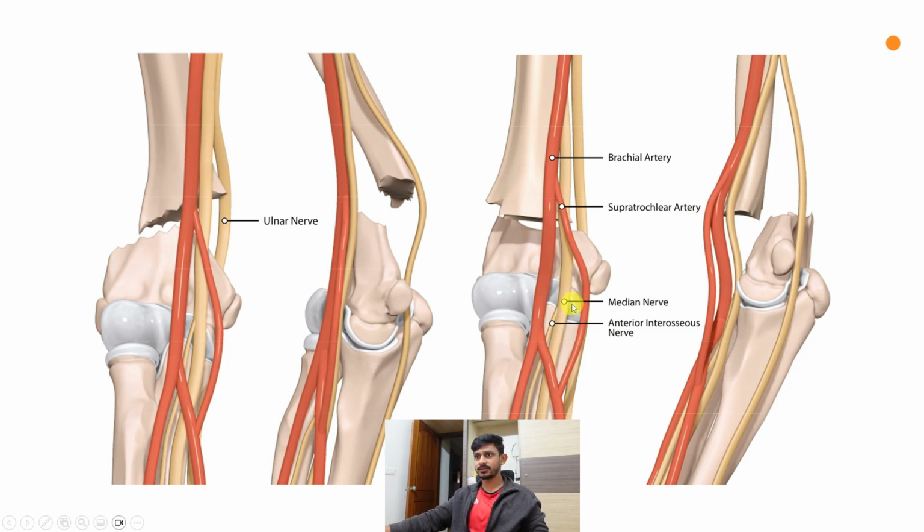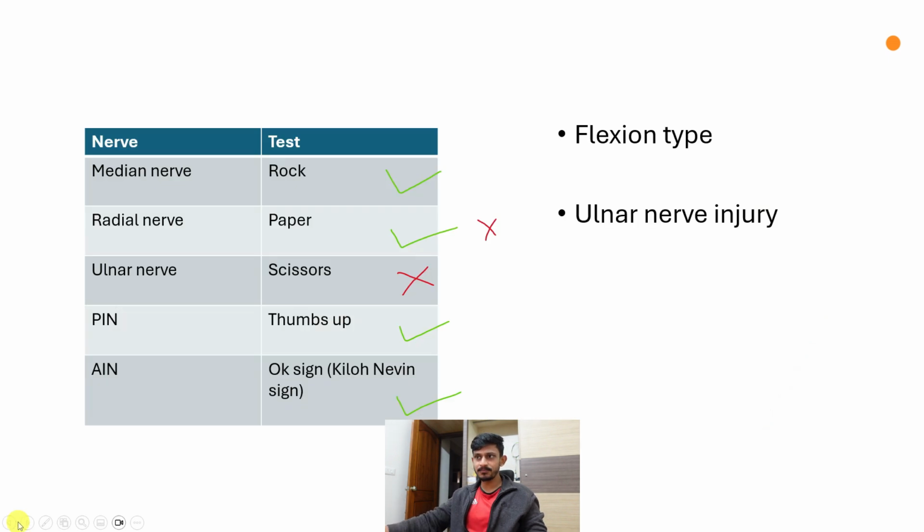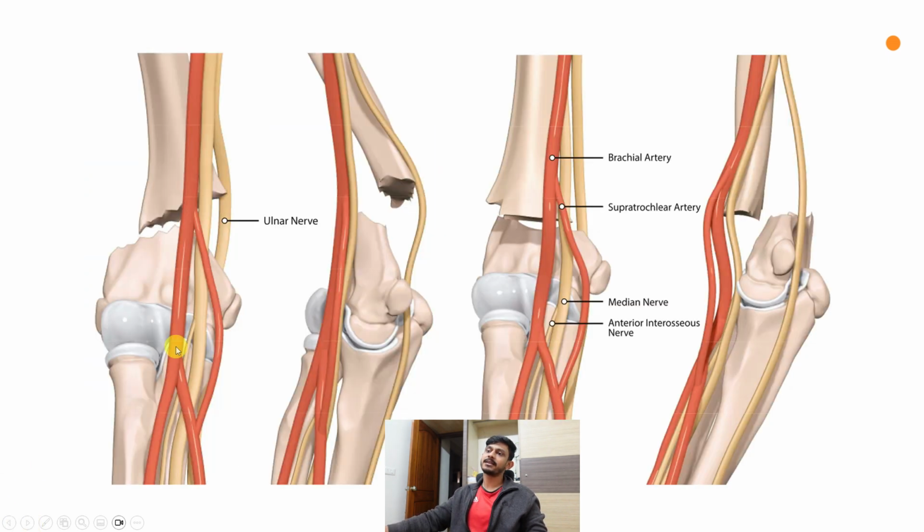This is a good diagram which shows us how the injury occurs. And finally, in a flexion type injury, where you can see the distal fragment is displaced anteriorly and the proximal fragment is displaced posteriorly, more so posteromedially because the ulnar nerve runs under the medial epicondyle. You can see it could impinge and damage the ulnar nerve. So flexion type